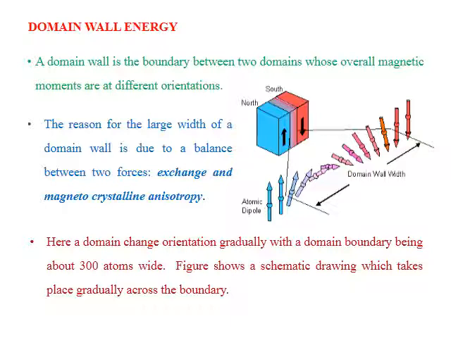We all know that if we take two domains, one with its orientation in one particular direction and another domain with its orientation in another direction, and analyze the orientation change from the boundary of one domain to the boundary of the other, we can see the orientation change happening gradually, not in an abrupt way. The energy related to this is called the domain wall energy. To achieve magnetization, we need to overcome this domain wall energy.